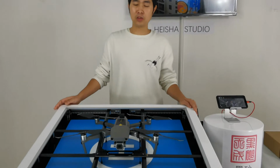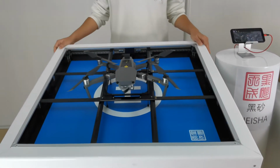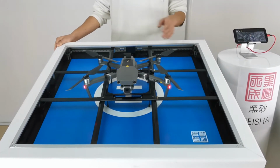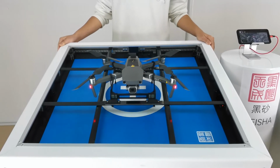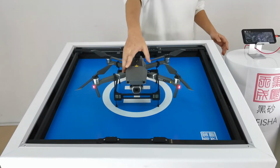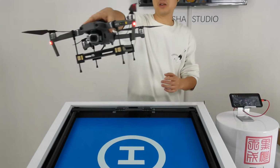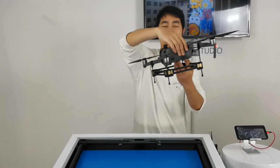So provided now the battery is fully charged and the drone is turned on remotely. It's doing the self-testing to make sure everything works well for the flight, and the bar releases the drone. Okay, let's just pretend the drone is taking off for the survey mission around the residential area. Okay, and when it lands